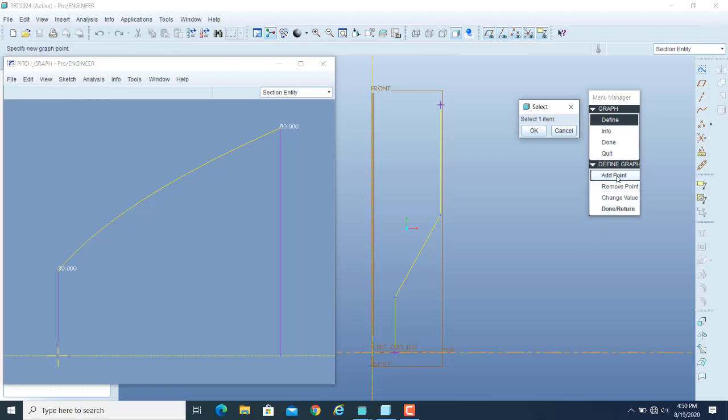So if I want to add another point in between the start and end, I can click on the add. If you want to remove an existing point, then you can remove, and if you want to change the value, you can use this tab. So right now I am using the add point value option. So it will ask you to select that particular point. So if I click on this point,